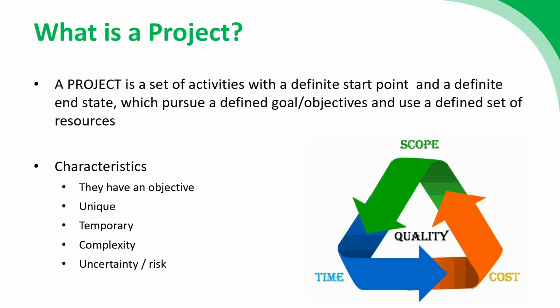But if we're going to break down this vague notion of what a project is, and be more precise with our definition, then we can identify some key elements. A project has a start point and an end point. So projects aren't ongoing, and this is a big difference between projects and operations. If you consider an operation, that's a set of ongoing activities. We can also call this business as usual. These are the things that the organization does.